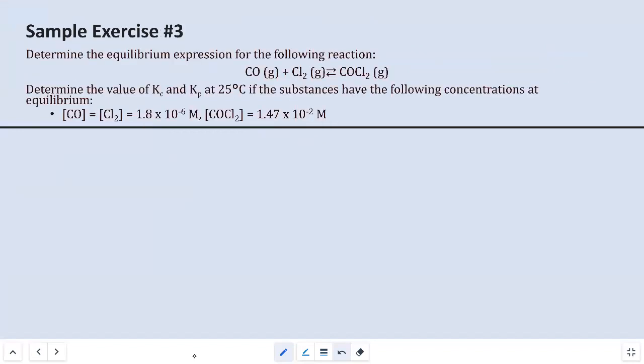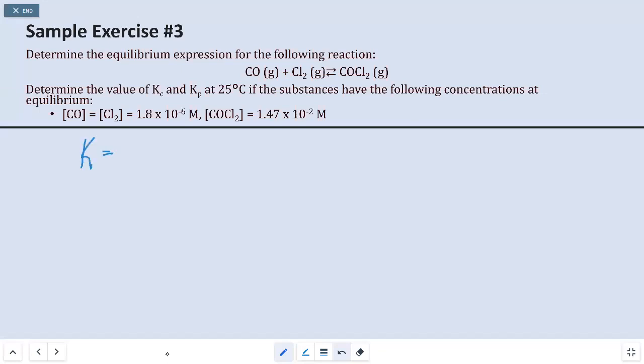All right, let's look at another one. Determine the equilibrium expression for the following reaction. Determine the value of Kc and Kp at 25 Celsius if the substances have the following concentrations at equilibrium. So for the equilibrium expression,